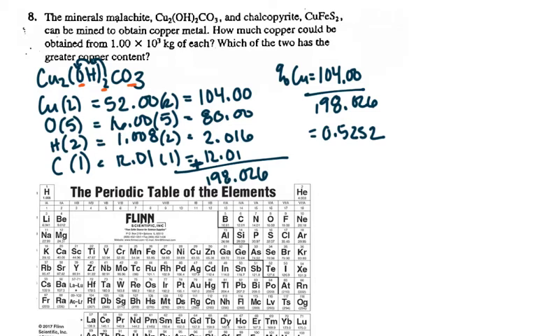Okay, so if I multiplied that by 100, that would be the percent. But I actually am trying to find the mass of copper, right? In the end, I'm trying to find the mass of copper. Mass of copper is, then I can take the mass that I was given for the entire compound, the 1 times 10 to the 3rd, and I'm going to multiply that by the 0.5252. And for mass of copper, I get